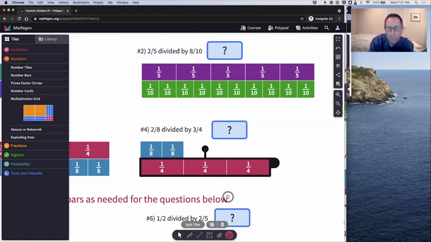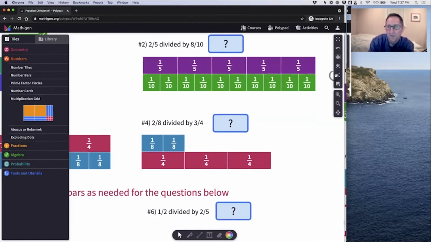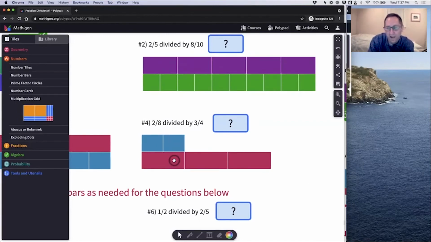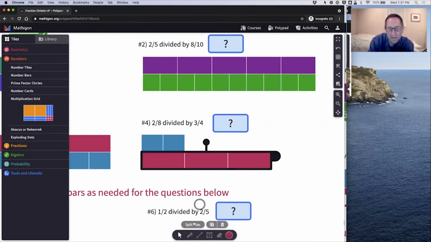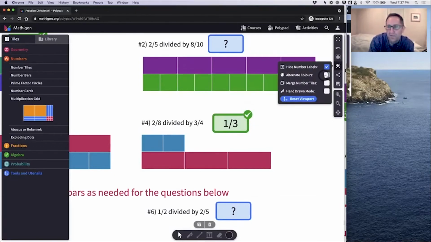Yeah, totally, Stephanie, 1/4, right? Because they saw the 1/4 covering up the 1/8. And so what I did to help there, I turned off the number labels, right, instead of 1/3. And as soon as I turned off the number labels and I just said, what fraction of the red do we need to cover it up? And I split it here and I said, oh, I just need 1 out of the 3 pieces, right? They were like, oh, of course, it's 1/3, right? So that was a nice, the ability to turn on and off the number labels made them a lot more